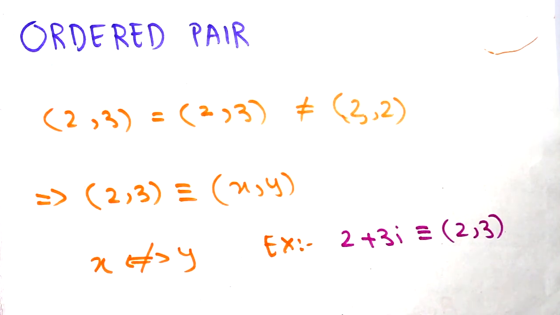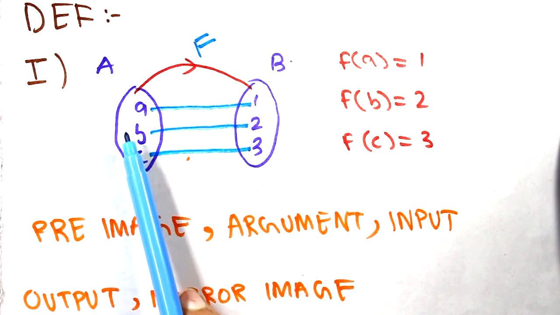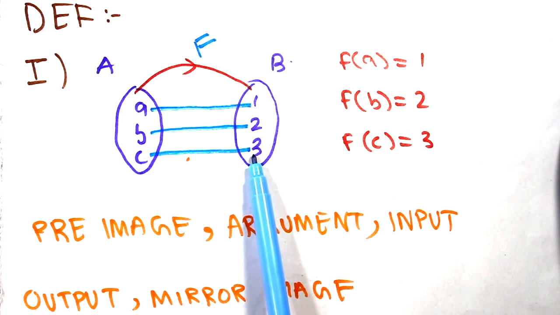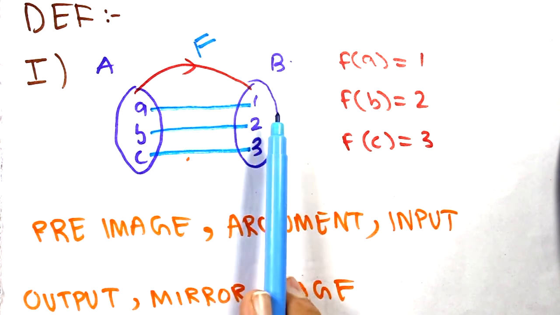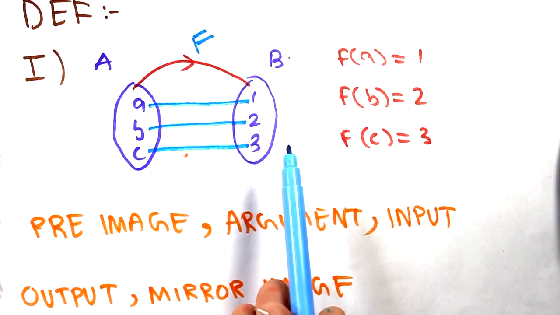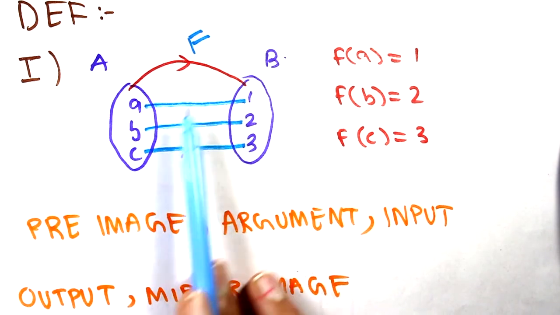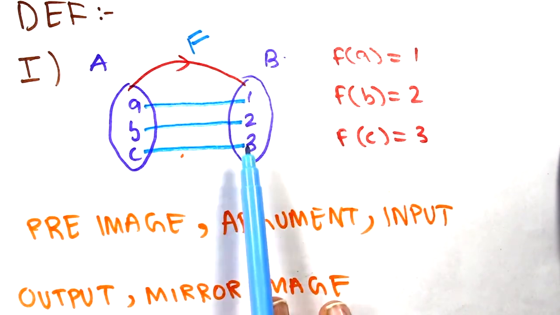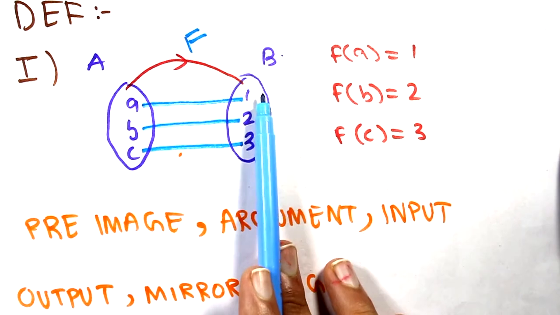We will now see the basic definition of the function. What is the function? What are the rules of the functions? The definition of the function is: we have some input values, the set A, and the output values, the set B. Each element of A maps individually to an element of B. The rule here is that each element of A should have a unique image in B. We can write this mathematically as f(a) = 1, f(b) = 2, f(c) = 3. Here f is the relation between A and B, and A is input, B is output.